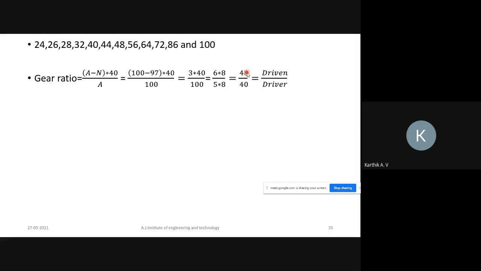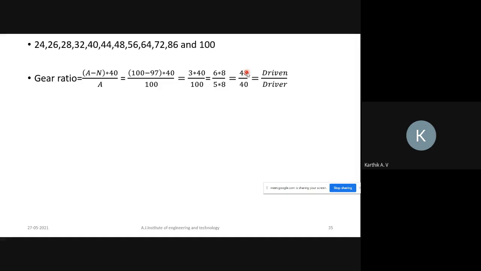That is the meaning of the gear ratio. If you choose this gear ratio, then you can simply rotate the crank, and the division is made automatically on the workpiece. This is a very simple method compared to the compound indexing mechanism. This is the working procedure of the differential indexing mechanism. Understood? The formula is (A minus N) into 40 divided by A, where A is the approximate value which we have chosen.